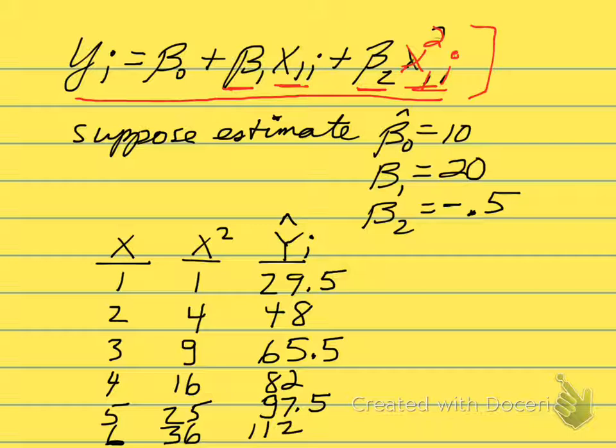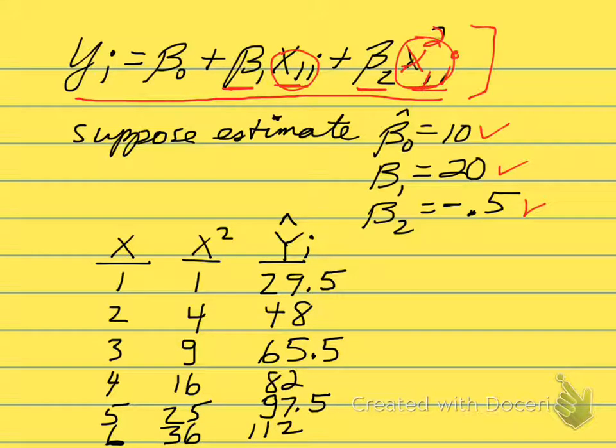Well, there's no reason why we can't plug that into our statistical computing software, into R, and estimate. We have one variable as usual, that's just x1, and the other variable we'll just define to be x squared. So we create a new variable that's the square of x1, call it x2, and run this regression. There's nothing that stops us from running this regression. Let's suppose we estimate it, and we get beta 0 equals 10, beta 1 equals 20, and beta 2 equals